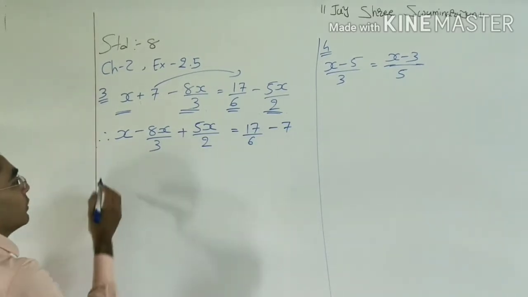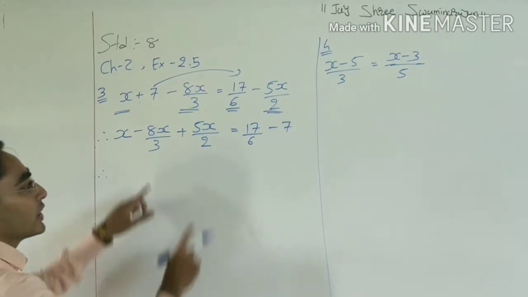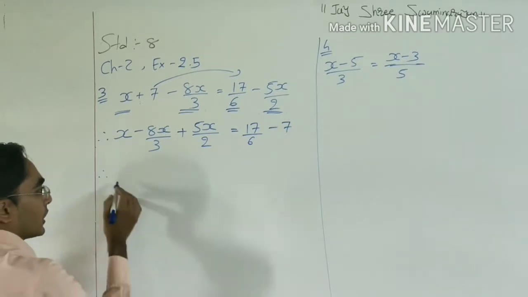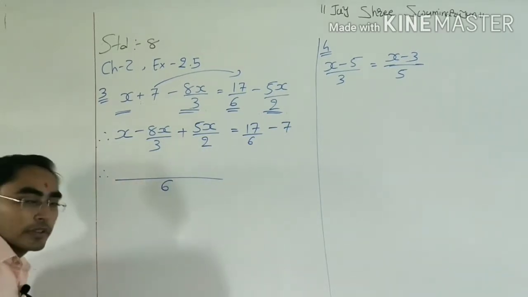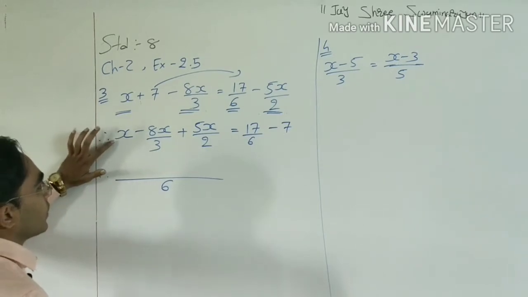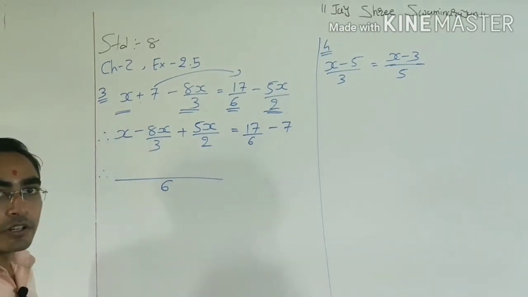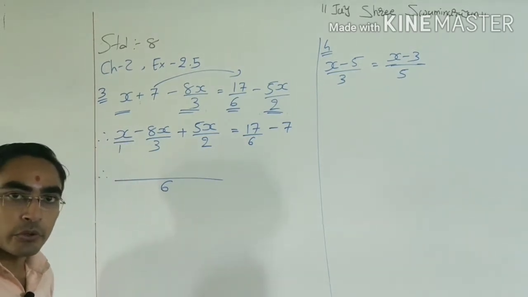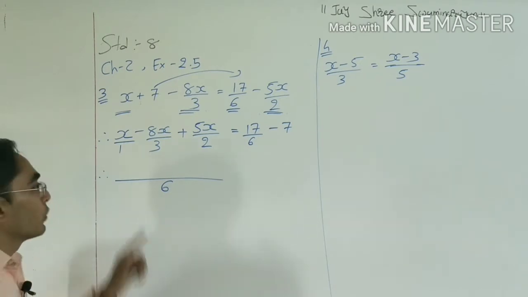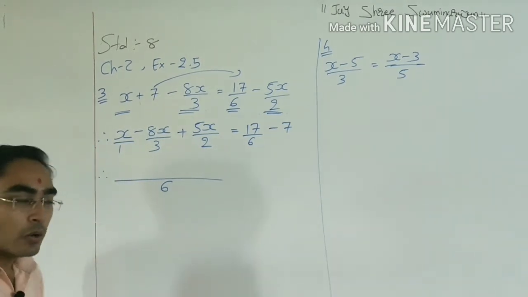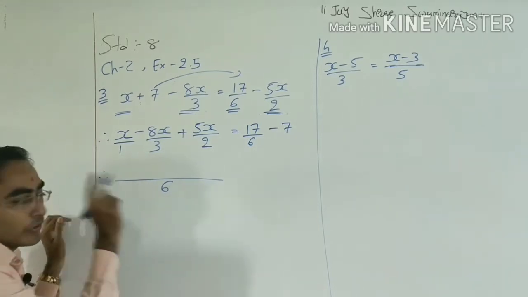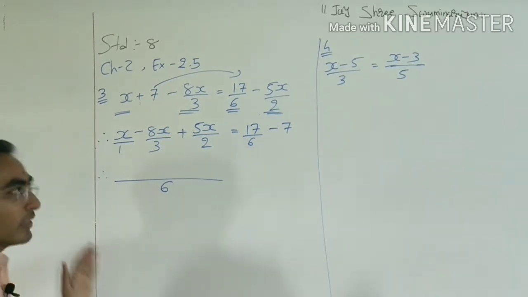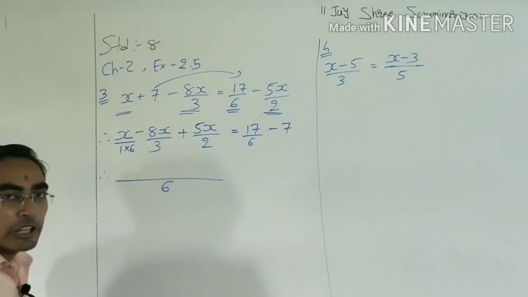Okay, now in the left hand side we need to take the LCM. Here we have 3 and here we have 2. So the total LCM is 3 times 2, 6. Right now in the first term we do not have any denominator. If we do not have any denominator, then we can write 1, because x divided by 1 is x only. So we can write 1 here. Now we need to convert this 1 into 6. So how can we convert this 1 into 6? We need to multiply it with this 6. So here we need to multiply by 6.